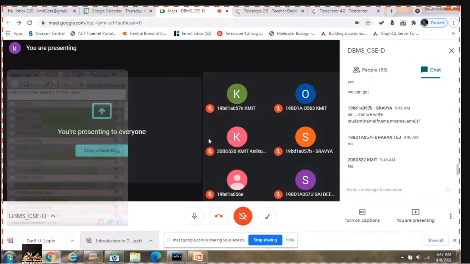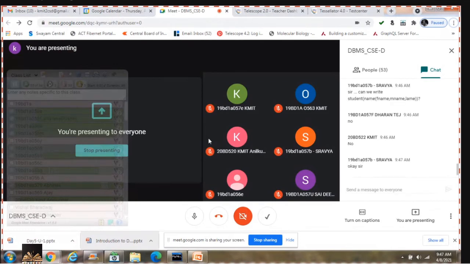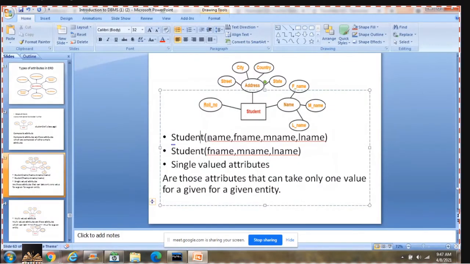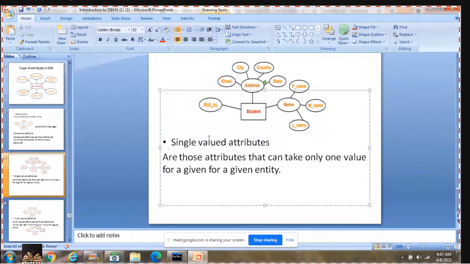The MySQL server will throw an error, unable to tell whether name is an entity or student is an entity. Is it clear? So whenever you're working with a combination of attributes, you work with concatenation operators.